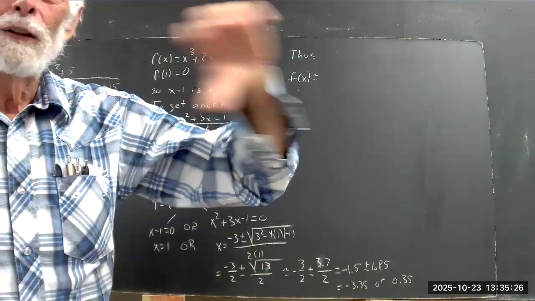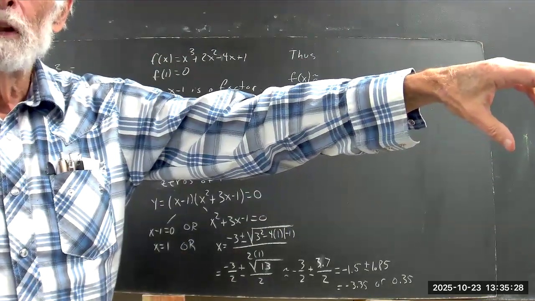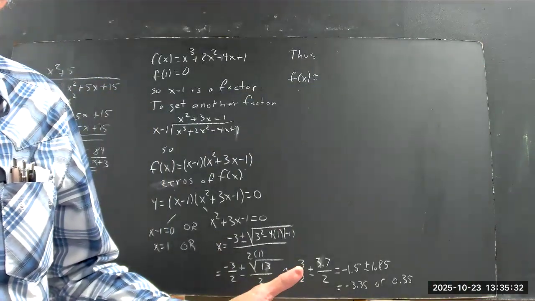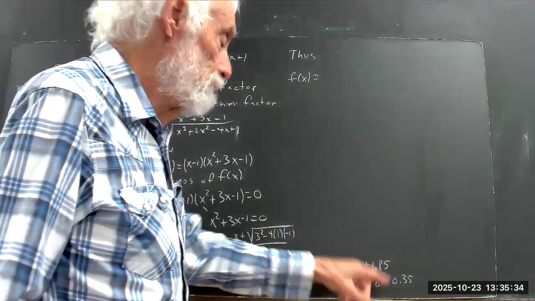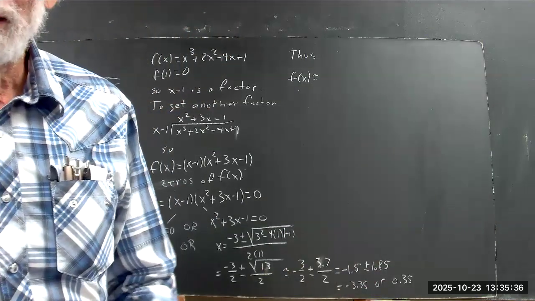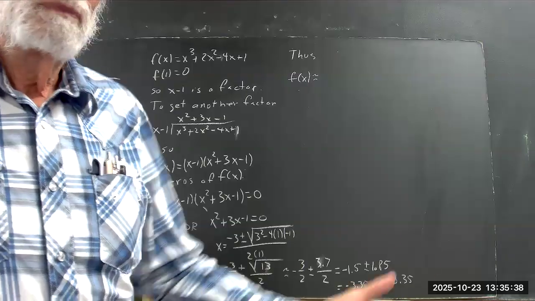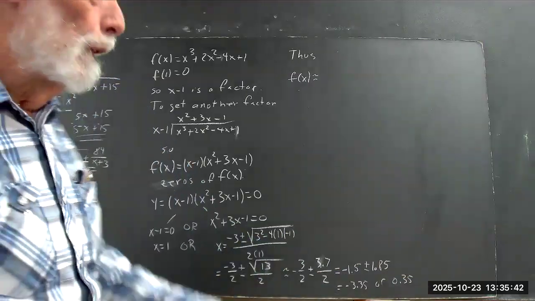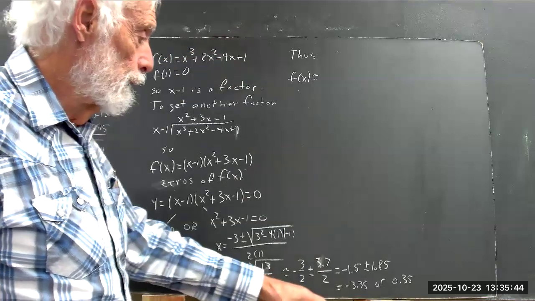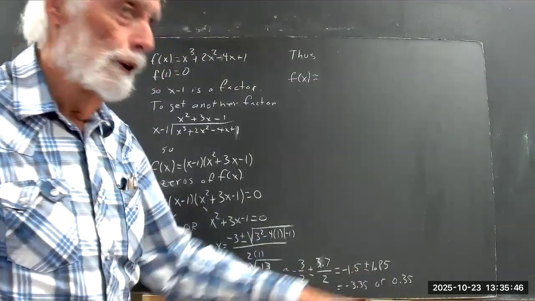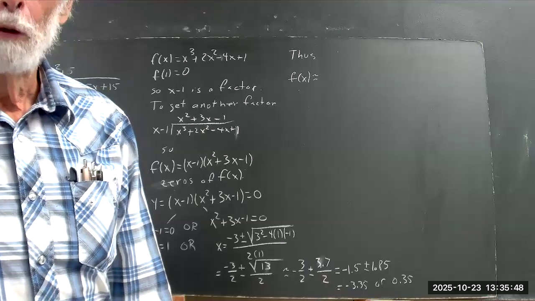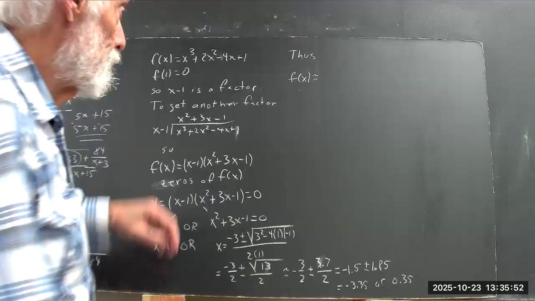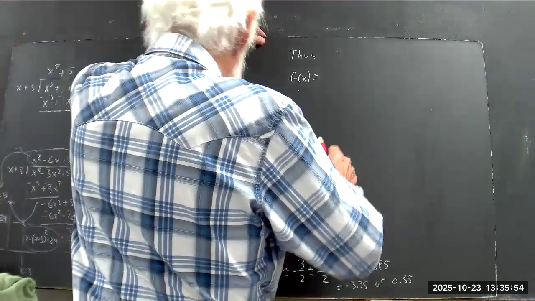You can take it out to 10,000 decimal places and you're only getting started, okay? Got to round it off somewhere. So I rounded it off to what I could more or less trust in my head. You've got a calculator. You do a few more decimal places if there's a good reason to do it. But as far as figuring out what the graph looks like, 3.35 and 0.35 are plenty close enough for a hand sketch graph, okay? So f of x is approximately